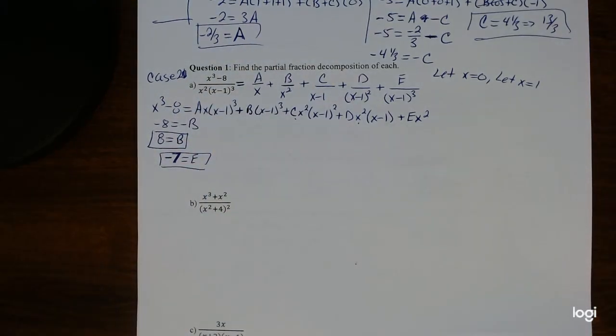So the question becomes, well, there's 5 different letters I've got to figure out. I only got 2. I still have 3 more to go, right? So I still need A, C, and D. How in the world do I do that? Well, unfortunately, that's where the fun comes into play. And I guess fun can be kind of relative, depending on how you want to look at it. So, first,